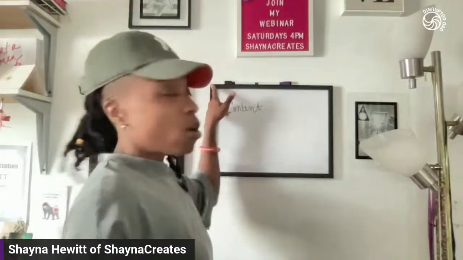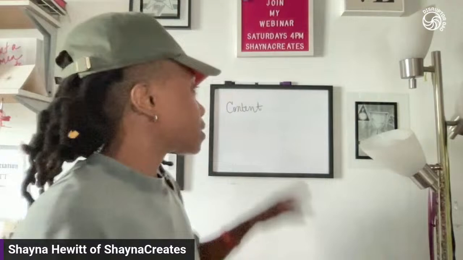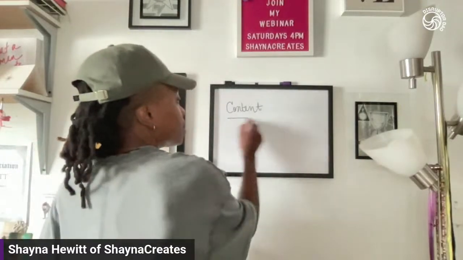Content, right? So we've been having this conversation around content every single week. We have our offers, we have our leads, we have content, and then we have systems. That is our framework. Today we're focused on content because it is the number one thing that is missing in many entrepreneurs' businesses as they are in their early stage growth and sometimes even in the middle stage growth of operating a business.